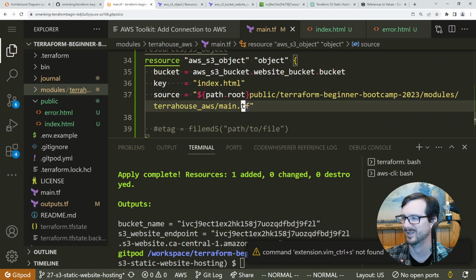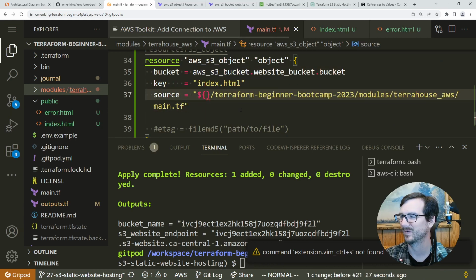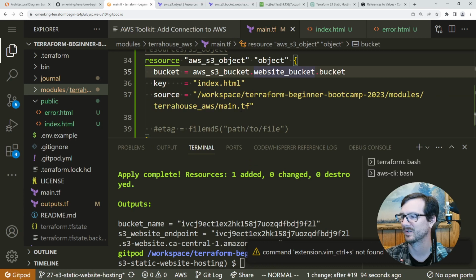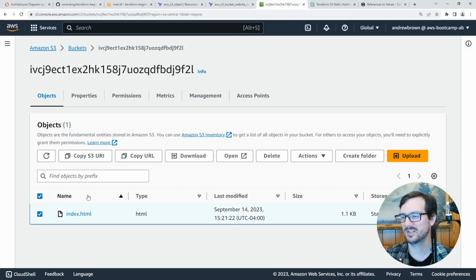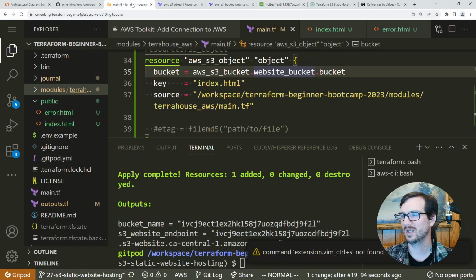Hold on here. What happened? Why is it saying main.tf? Oh, you know what? We uploaded the wrong file. We just uploaded a Terraform file. If we download this, this is Terraform. I know that's wrong. Okay, so what I'm going to do,